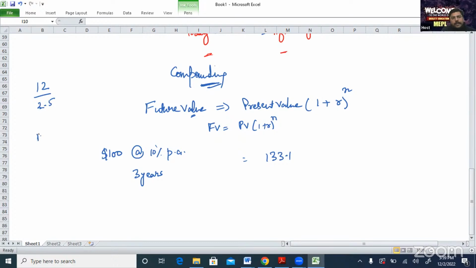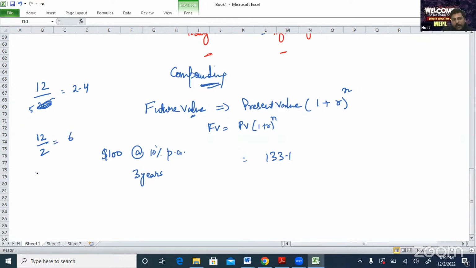Let's say 12 divided by 2. If I solve this, it will come in some decimal things. So let's say I do 12 divided by 5. I can do it easily. So that is 5 2s are 10 and 2.4. That number is coming. And if I do 12 divided by 2, how much is coming? 6 is coming.